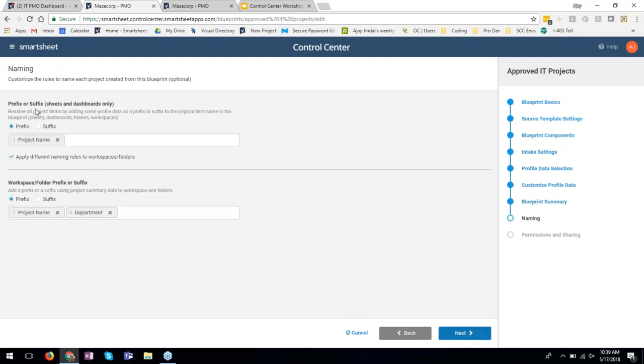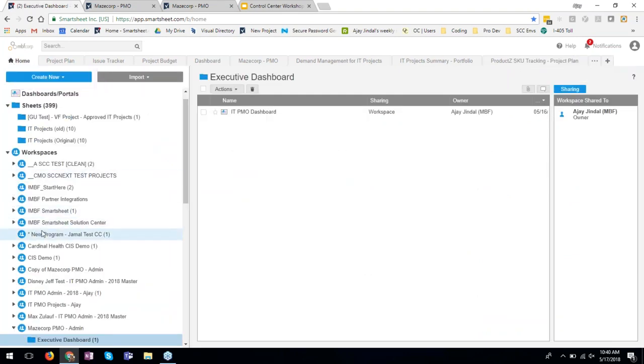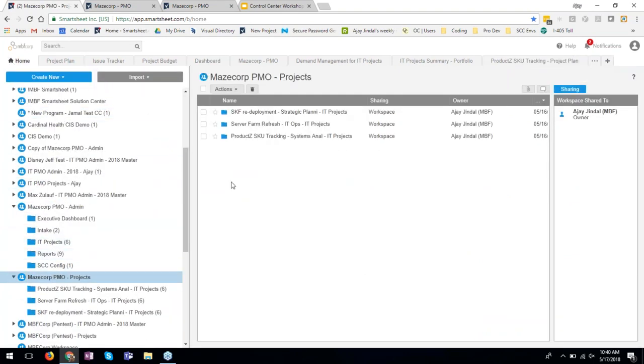I'm just going to go to the next page here. The next thing is naming. What this does is that as these project folders get replicated, you kind of want to add a unique name to each one. You can add a prefix or a suffix, and I just put the project name as a prefix to each one. So let me pop back into Smartsheet and show you that as the projects are created,